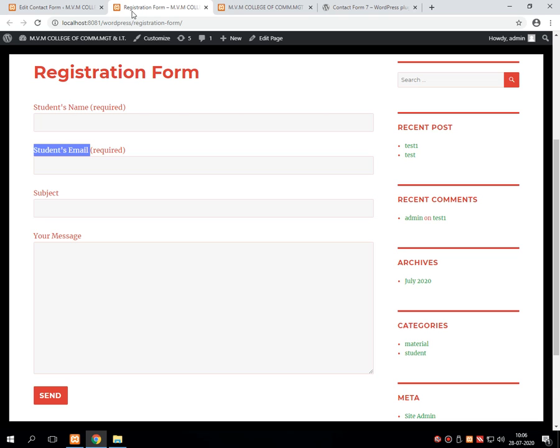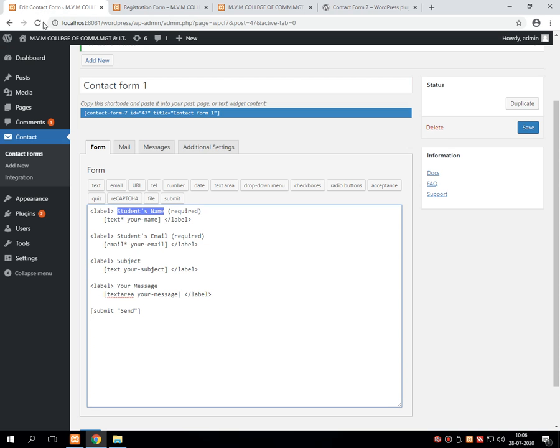For accepting the student's number, I am just copying the entire thing, and after the email ID I am pasting the same thing, but instead of email I am writing student's mobile, and here I am writing text star your mobile.